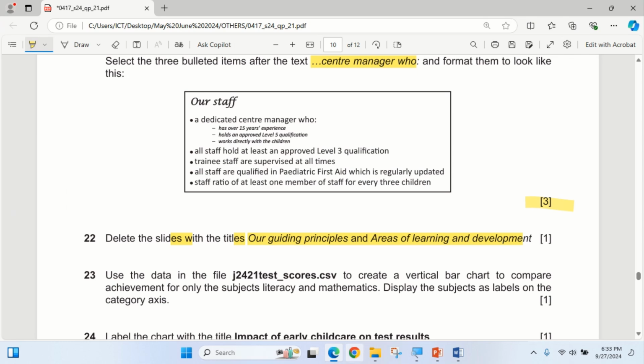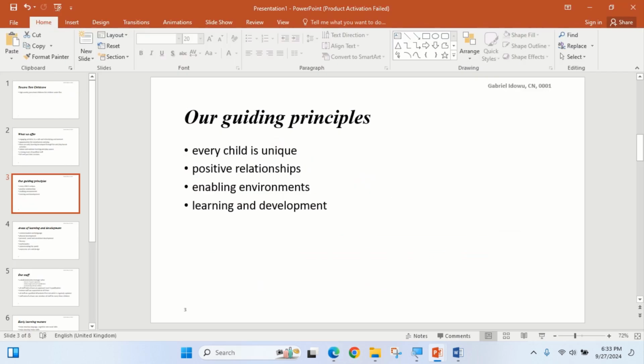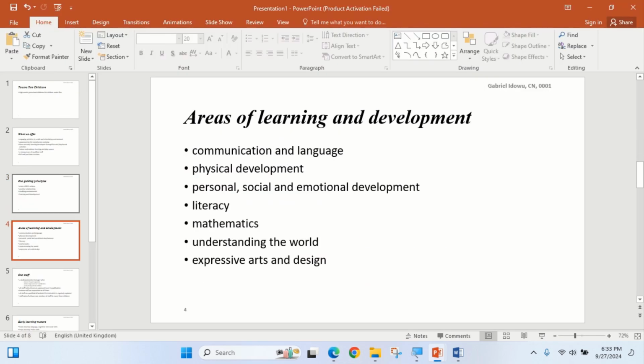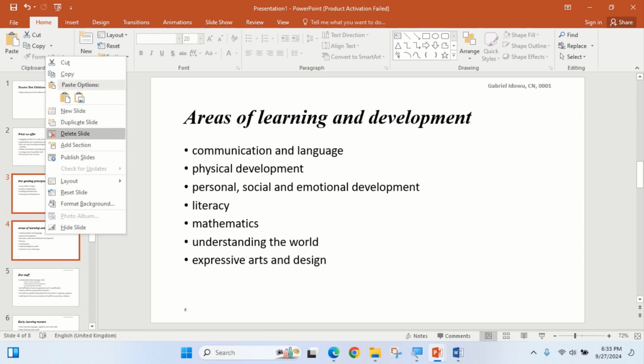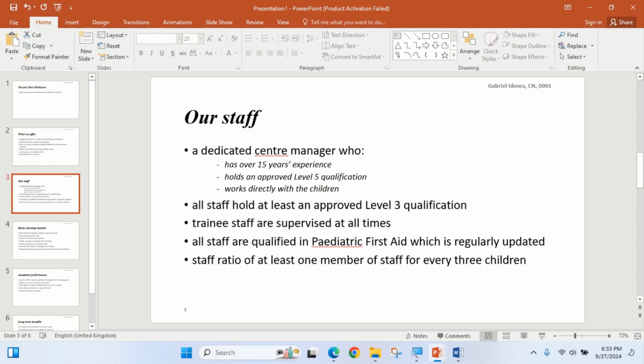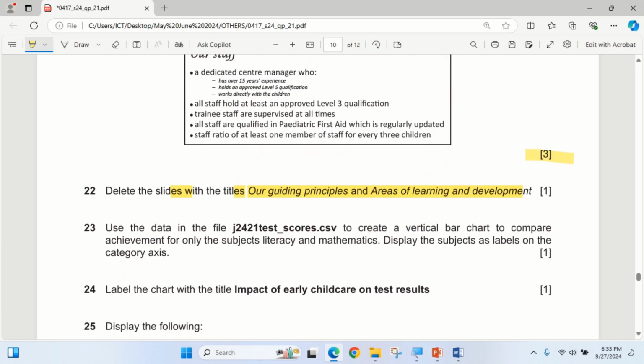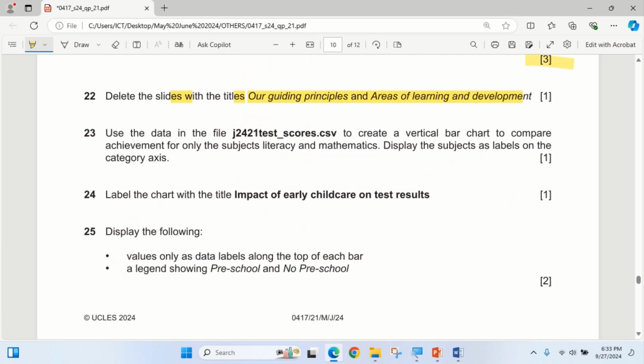Our guiding principle and areas of learning. So these are the 2. Select the 2 and delete. Right click and go to delete slide. The 2 are gone. Then the next one is use the data in the file J2421 test course to create